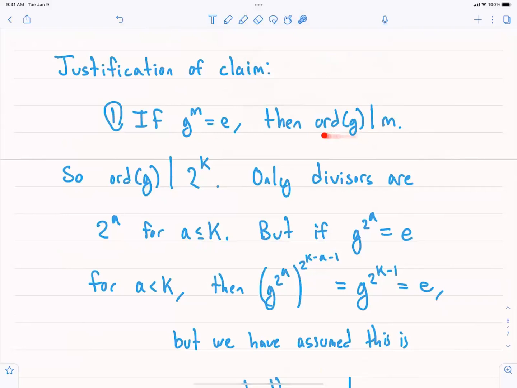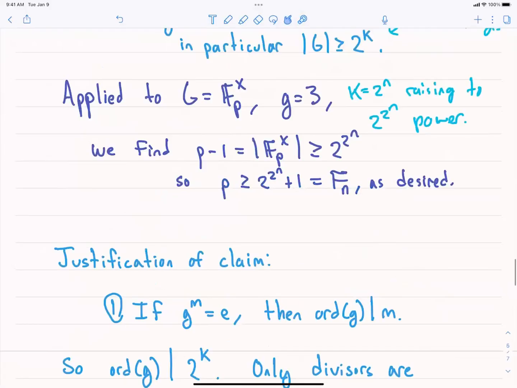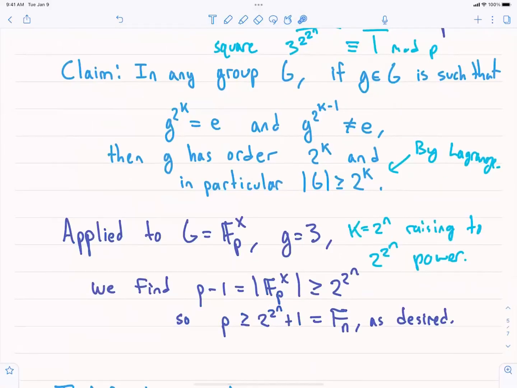So the order is the smallest power you can raise g to get the identity element. And then any other power you can raise it to get the identity element is always a multiple of the order. Okay, so in this claim, we're saying that g to the 2 to the k is equal to e,